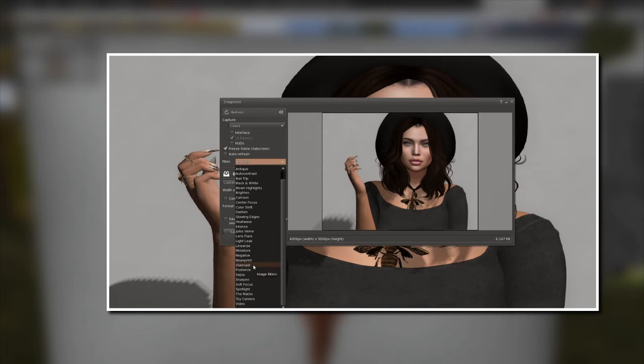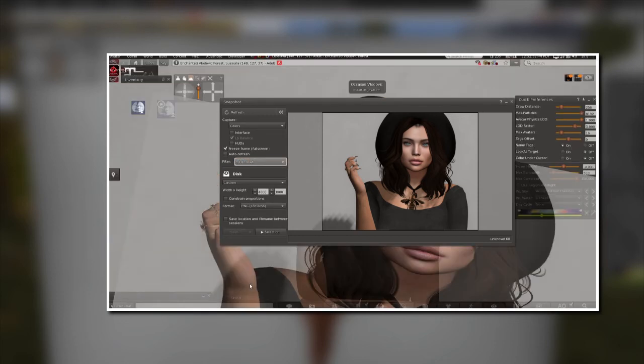I noticed when I was in Black Dragon, there's quite a few less options. So if you're looking for more filters, even though Black Dragon is an amazing viewer for photography, it's not going to give you as many options as you're going to get in Firestorm. So let's play around with a few of these. Let's do soft focus and see what